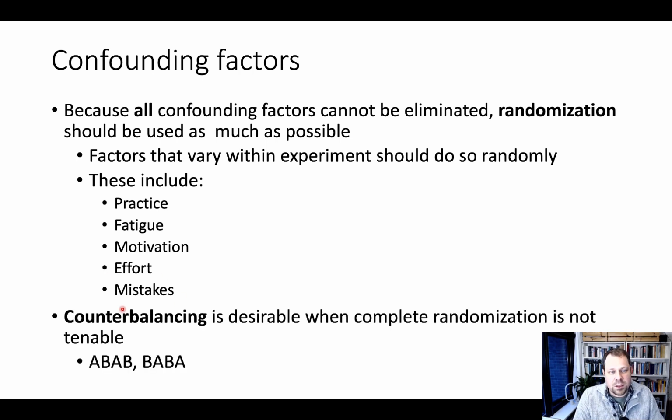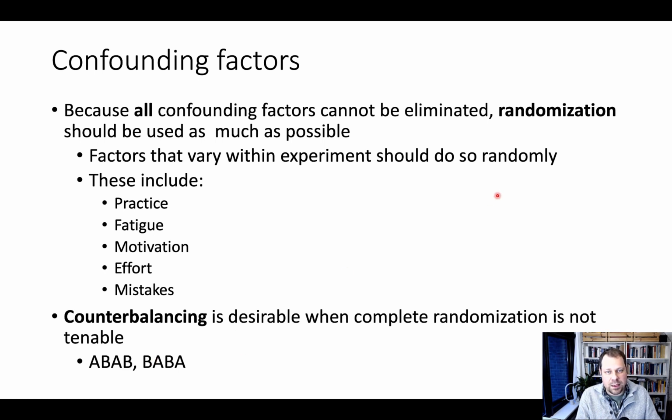Now we want to randomize the effects of these confounds as much as possible, and for this we can use counterbalancing, for instance, when complete randomization is not possible. That's one way to control, using these types of counterbalancing designs, where we're at least controlling for the order effects. So we have condition A followed by condition B, then by A and B again, and in another subject we would start with condition B, then condition A, B, and A. And this kind of counterbalancing would then at least control for the order effects across subjects. So this is something we can do